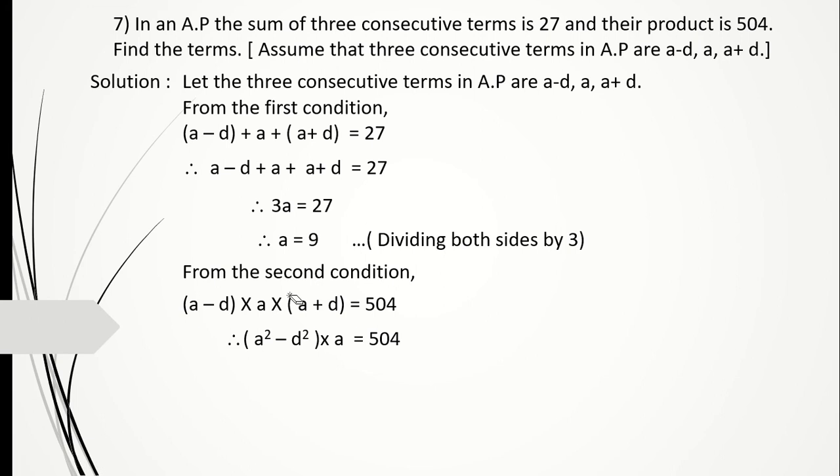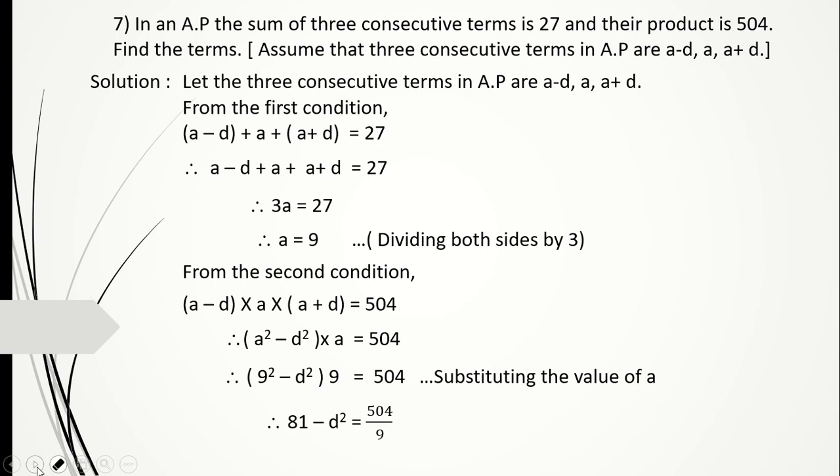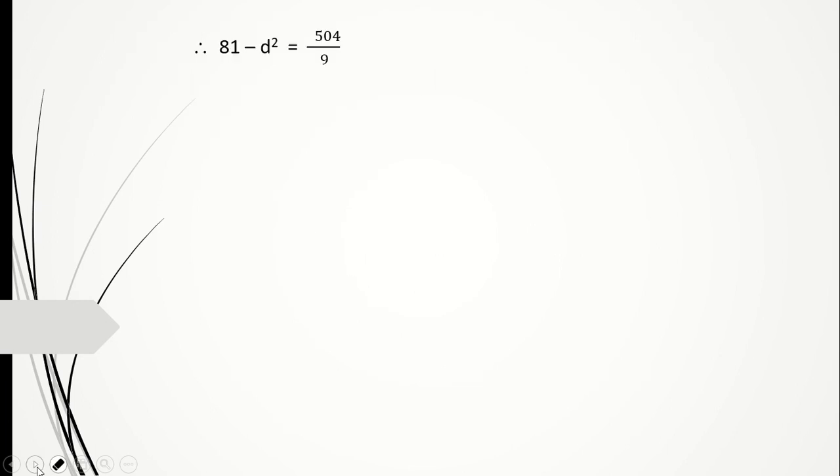Now we know the value of A is 9, so just substitute that over there. Now this 9 will go to that side and become division. So divide and get the answer. 504 divided by 9 is 56. Now we will take this D square to that side. It was minus, it will become plus. And this 56 we bring to this side, it will become minus. 81 minus 56 is equal to D square. Subtract and we get D square is equal to 25.